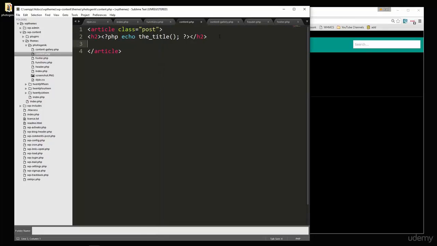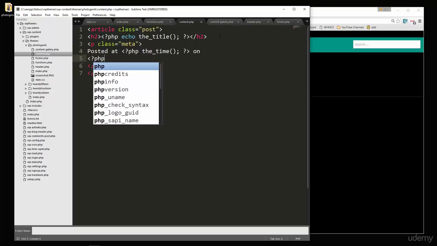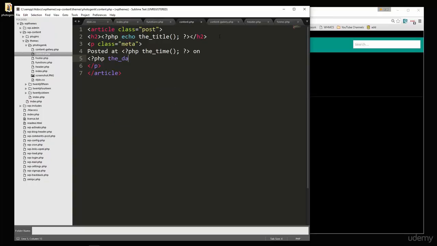Next thing we're going to want is the metadata. So let's put that in a paragraph with a class called meta. In here we're going to say posted at, and then we need to get the date and time. To do that we can say PHP the time. Alright, and then we're going to say on, and then we want the date. So we're going to say PHP the date,